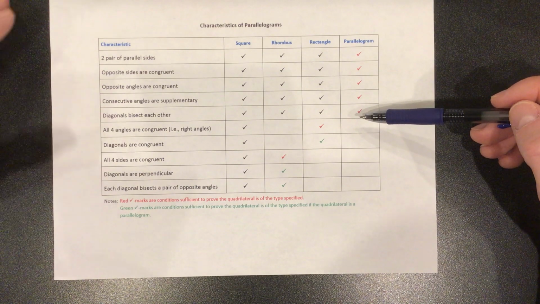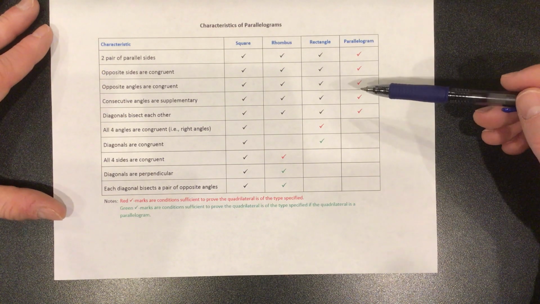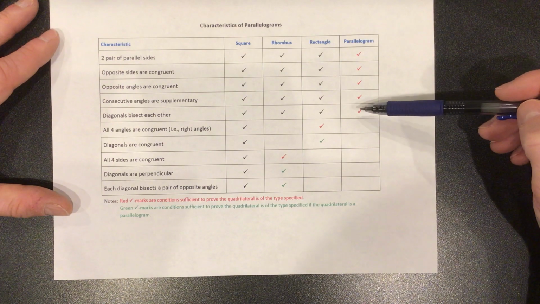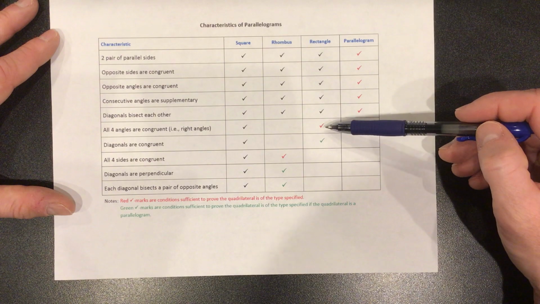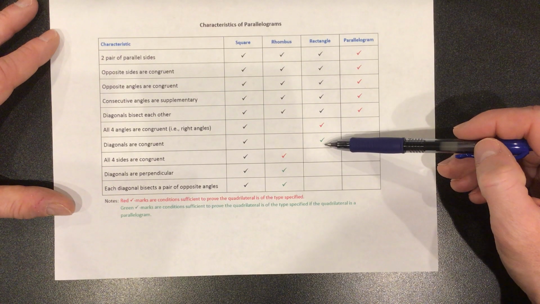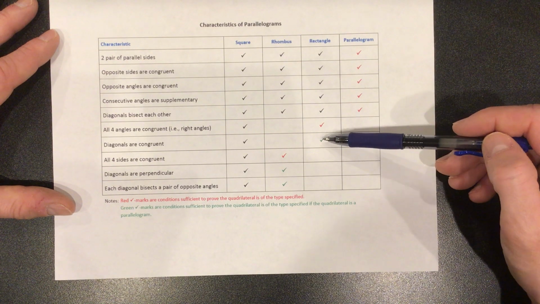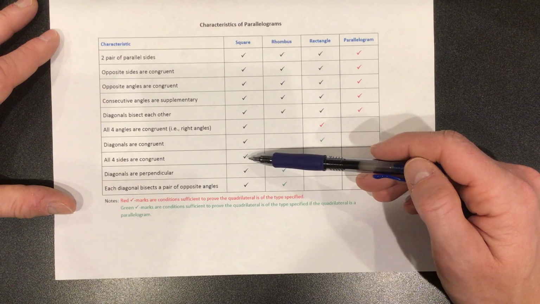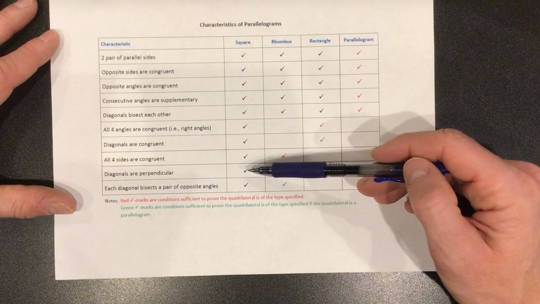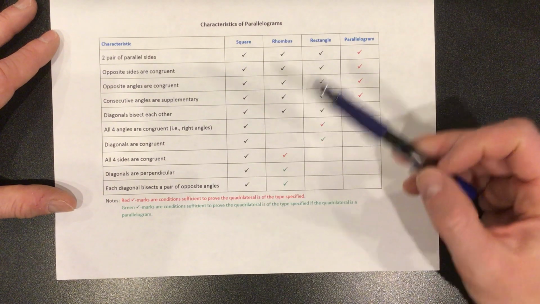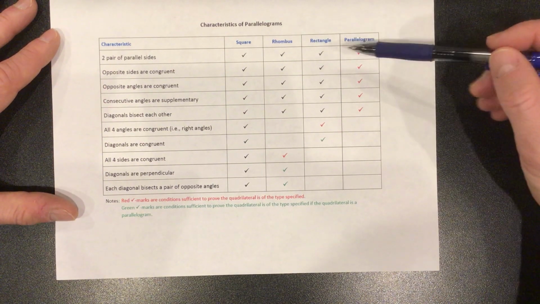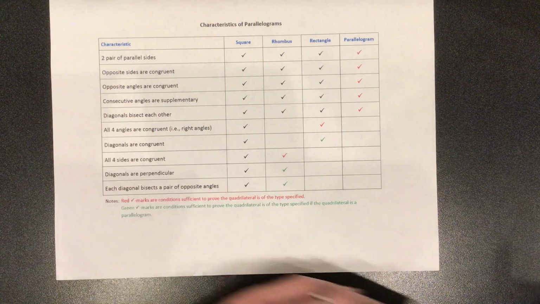And again, it could clearly be a higher level parallelogram and be a rectangle, and then boom, you've got four angles that are all right angles and the diagonals are congruent. If you give me a little bit more and you say all four sides are now congruent, then the diagonals will actually be perpendicular and they'll bisect the angles and all sorts of stuff, and you end up being a square. Again, you can work your way down, but today we're really just looking at parallelograms,